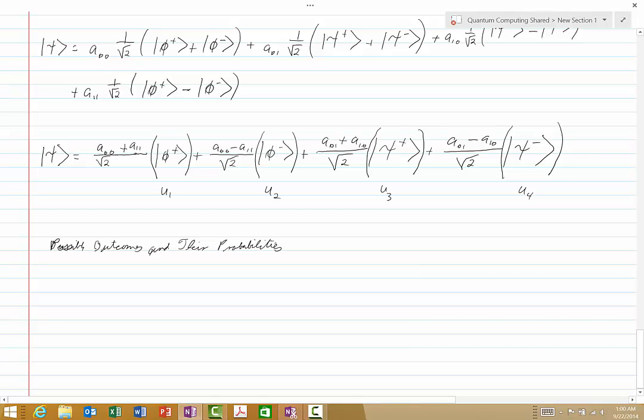One outcome would be U1, which of course is just exactly the same as phi plus. And the probability of that is, actually we should take